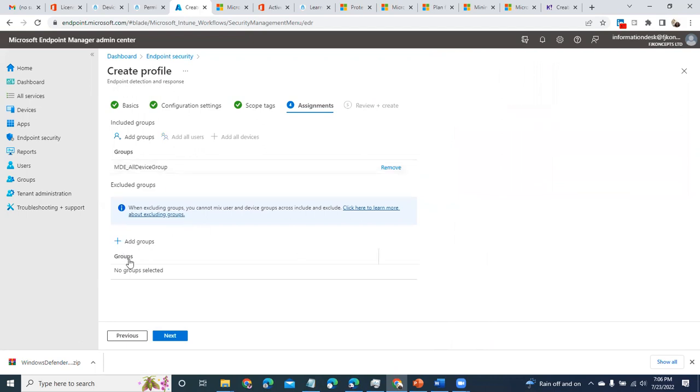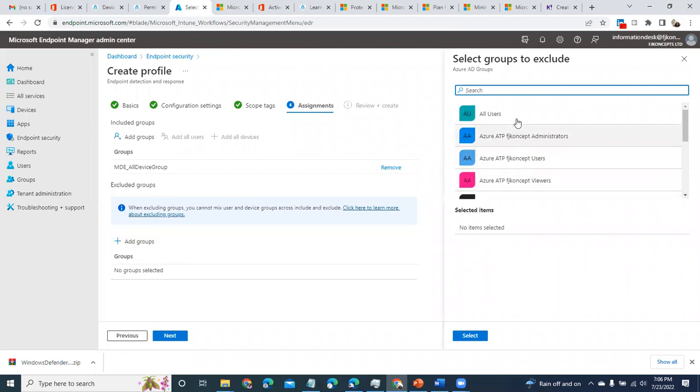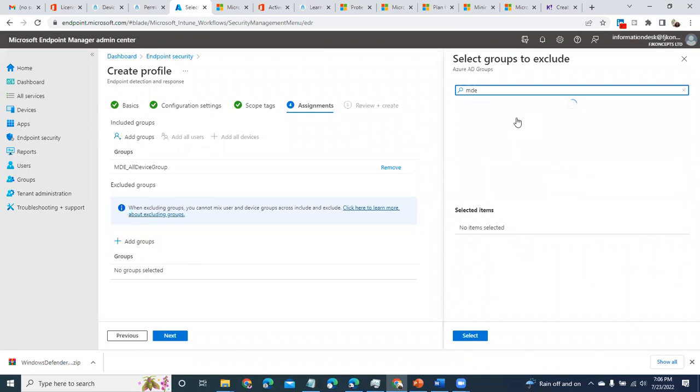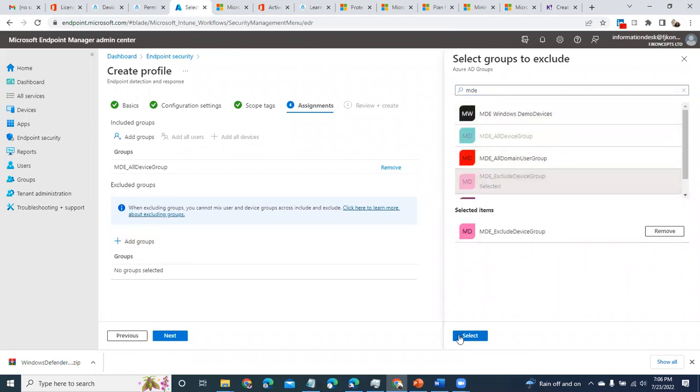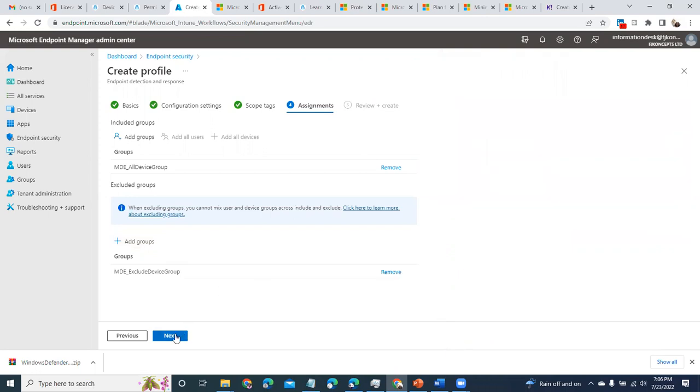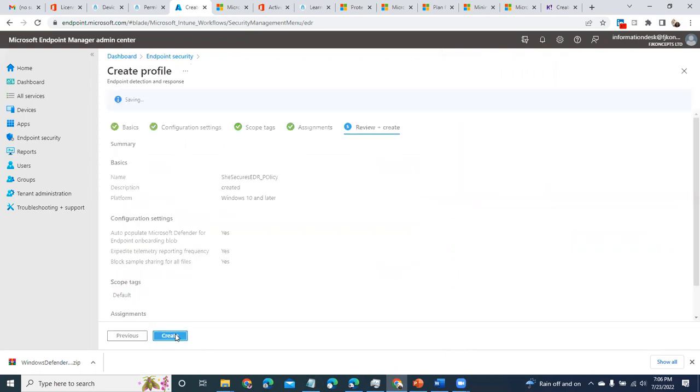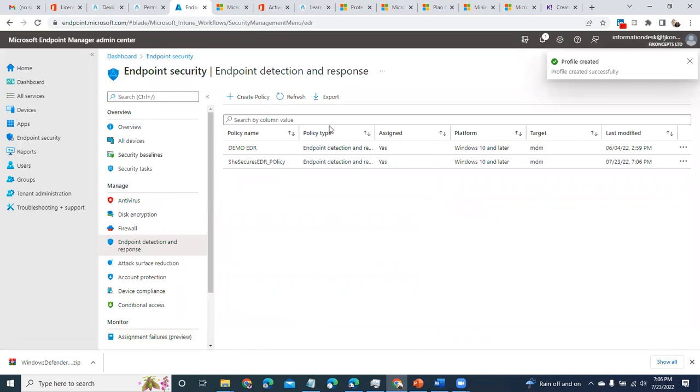If you want a group to be excluded, the same thing: put those devices in a group and then come here, look for those groups, and then you can exclude those groups, whatever they are, and then that's it. You're done. You've created your EDR policy, and that's it.